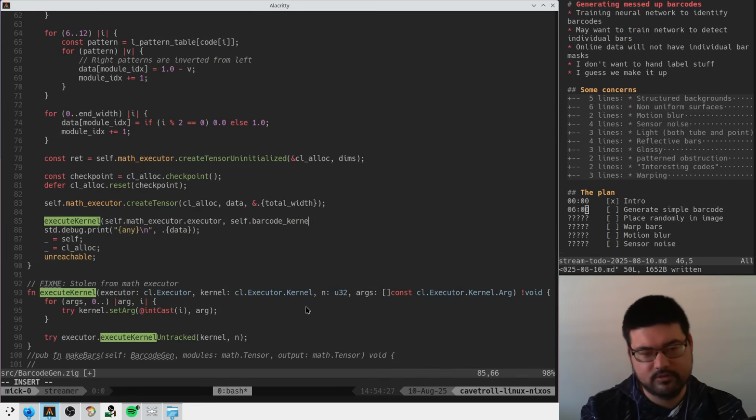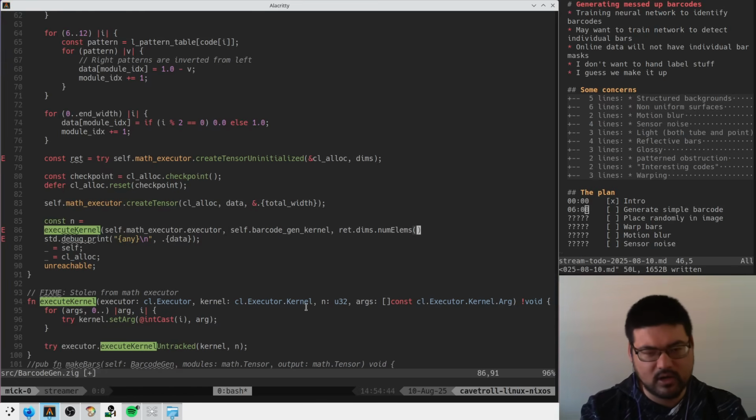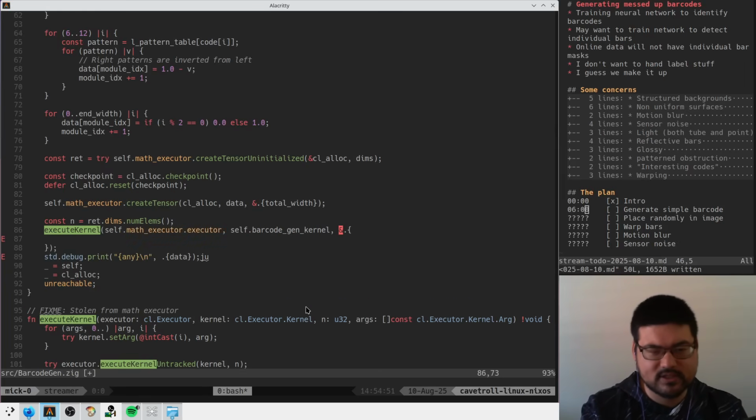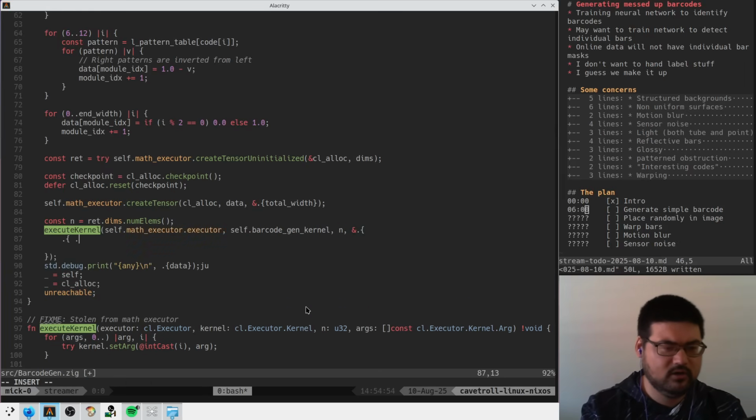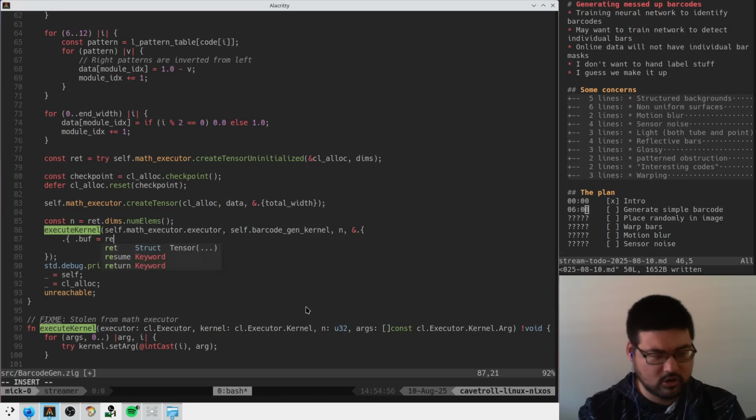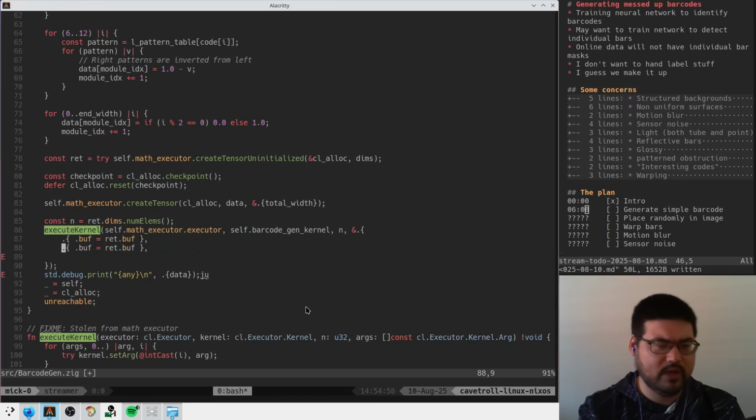Barcode kernel. How many elements there are is the return dims num elements, something like this. So we're gonna create an image of some size, and this is how many things there are. And then here are all the things that you need to do what you gotta do. So we have our return, we have our sample buff,